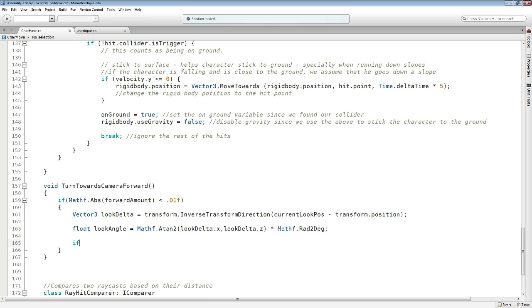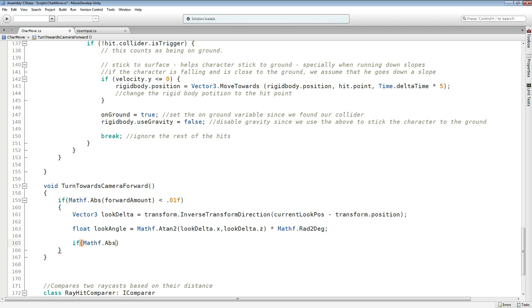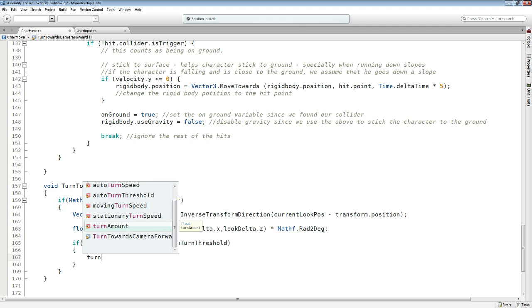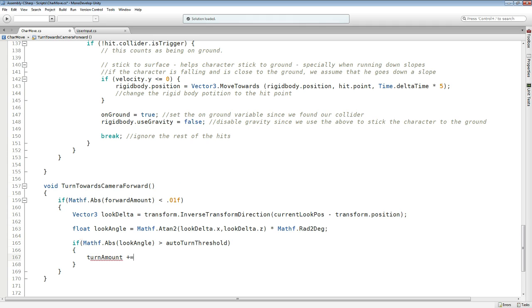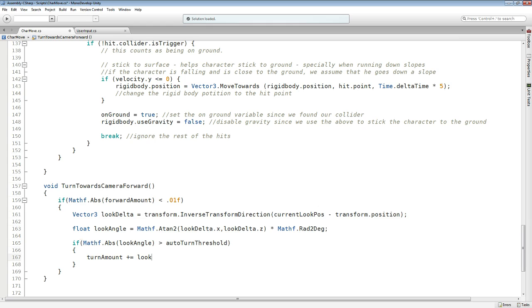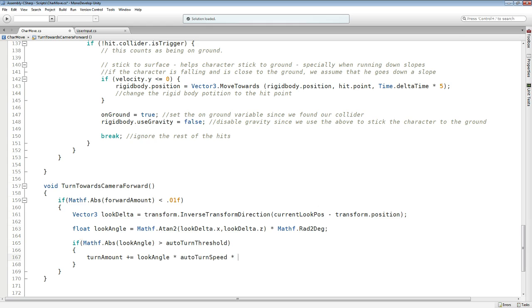And finally for this we will say if the absolute value of our look angle is higher than our auto turn threshold, the turn amount is our look angle multiplied by our auto turn speed multiplied by a value of 0.001. So now that we have our function,